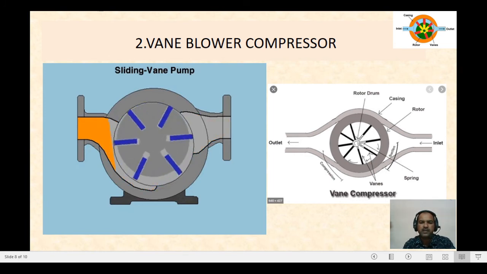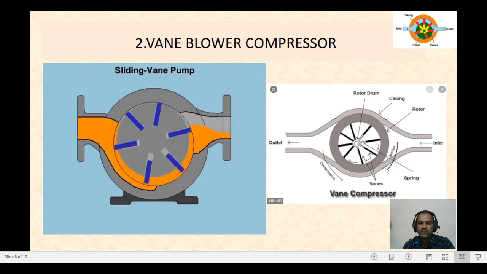So the vane type compressor consists of a rotor placed eccentrically inside the cylindrical housing. The rotor is provided with various slots in which the sliding vanes are placed, and the vanes rotate with the rotor. The eccentric position of the rotor allows the plates to converge and diverge as they move, and the convergence and return movement of the plates are ensured by means of springs.